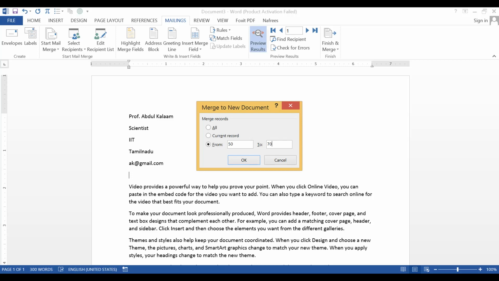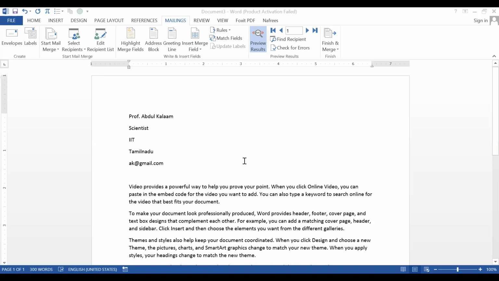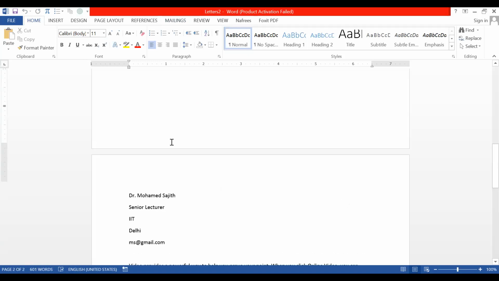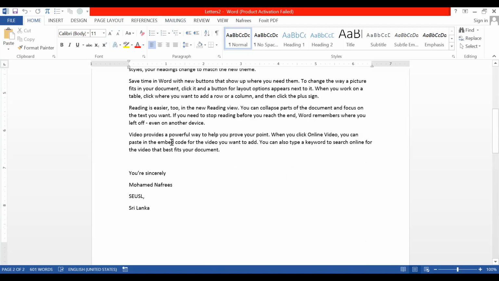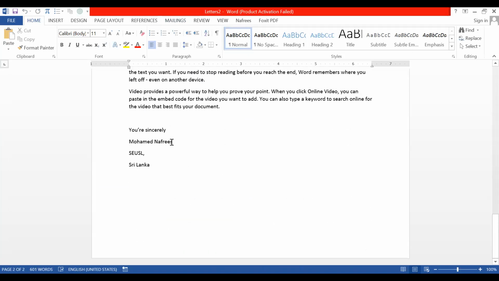In between, only those 20 data will be available, not all. So for me, I need all the data. Therefore, I'm selecting the all option and click OK. Now look at here, letter number 1 and letter number 2. This is letter number 1 and this is letter number 2.